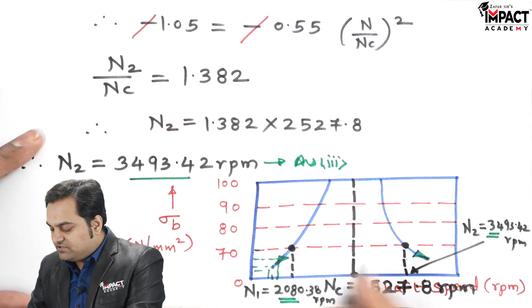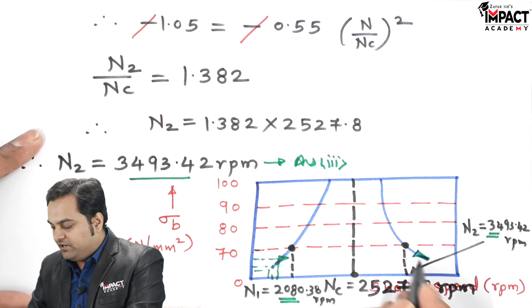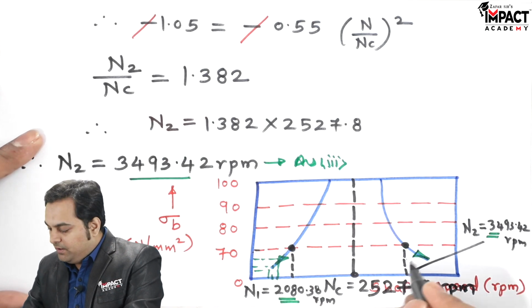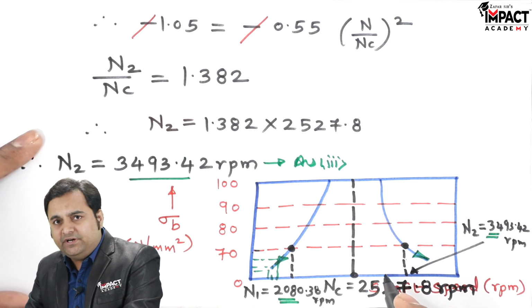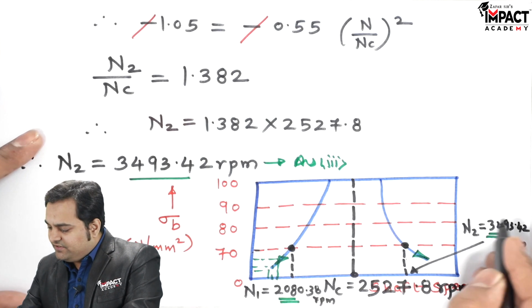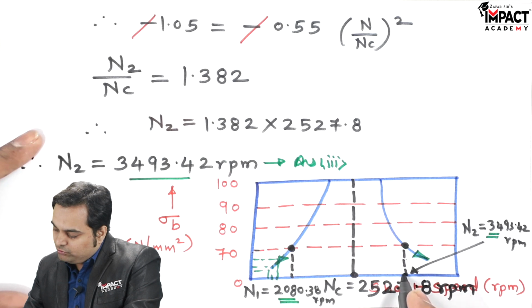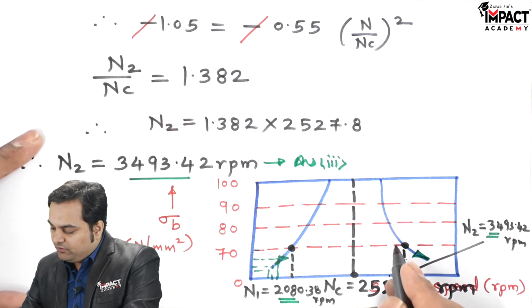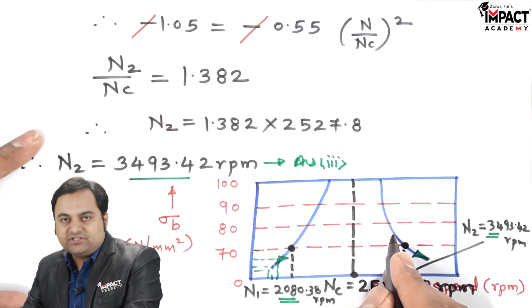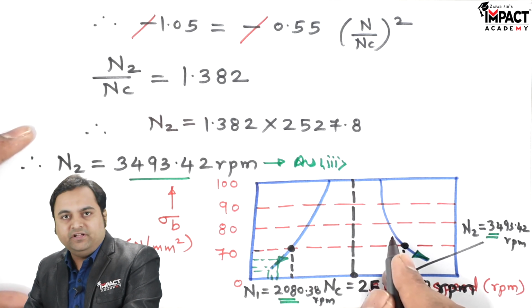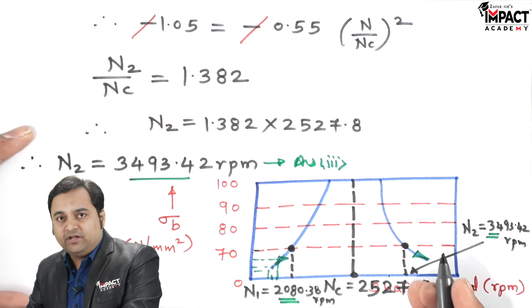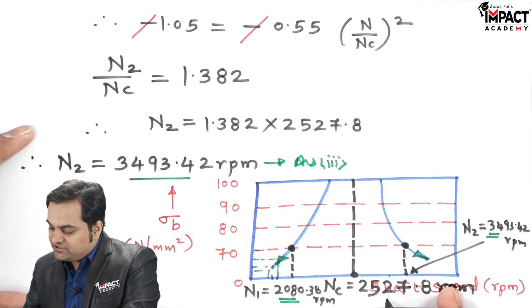So when the stress is less than 70 Newton per mm square, that is the safe value of speed. But if we operate at a speed which is less than 3493, then that speed would go onto the left hand side, and we are going to come in that region in which the stress value will be more than 70. So that will result in the breaking of shaft,